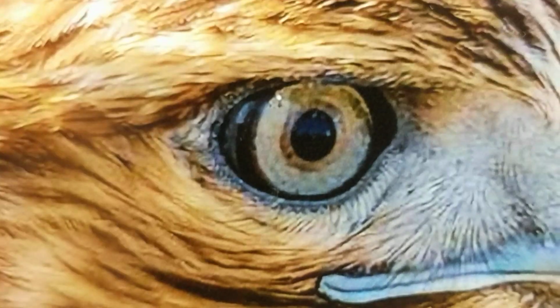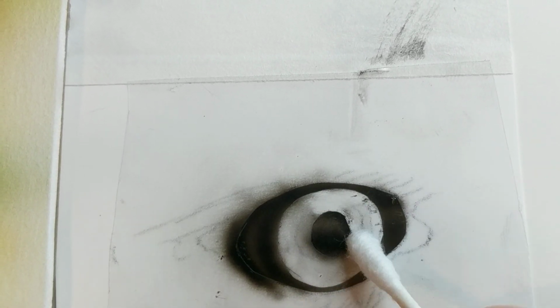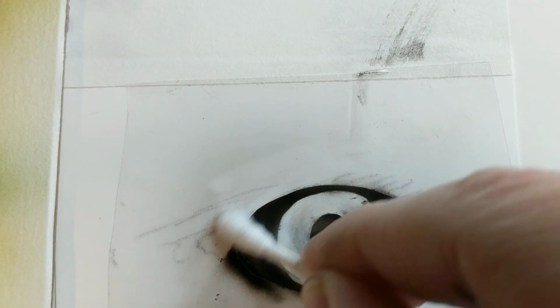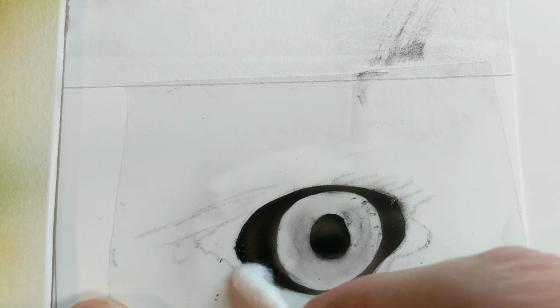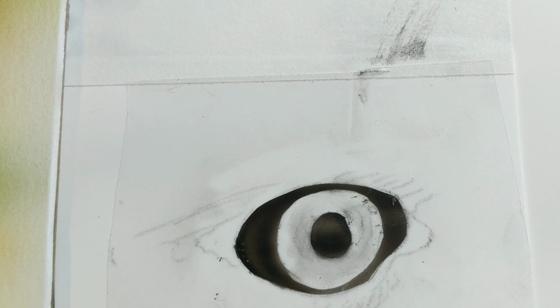So let's try to get the actual, we'll clean this off a little bit and have a little color mixed up for my iris. Now it's just going to be a one color tinting because I don't want to spend time filming it and trying to go after all the mixtures and everything. It's going to take me a while to